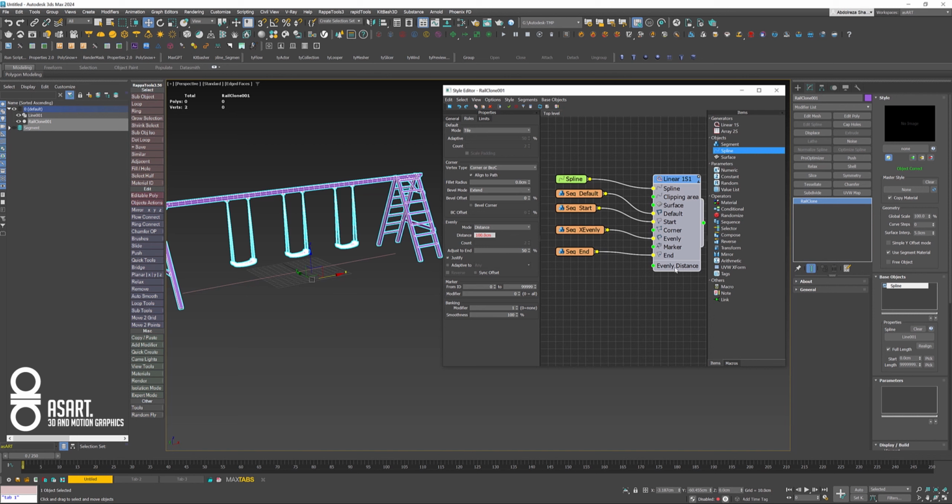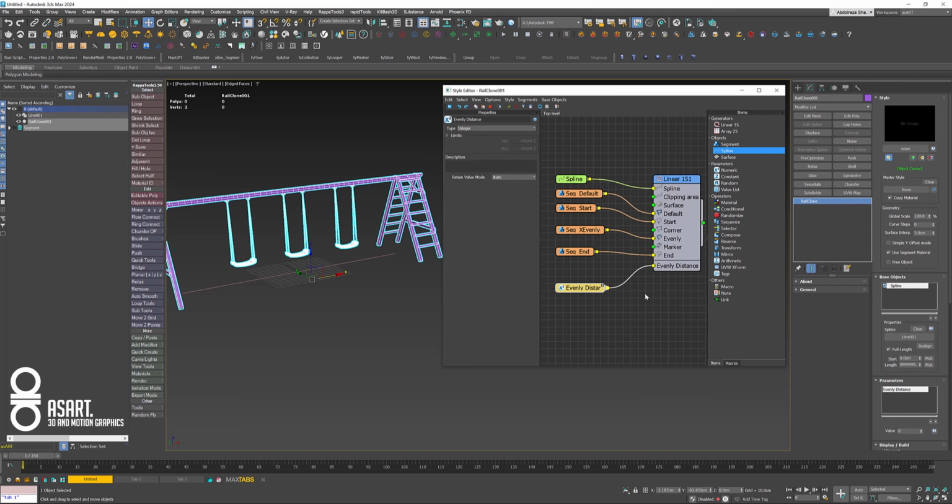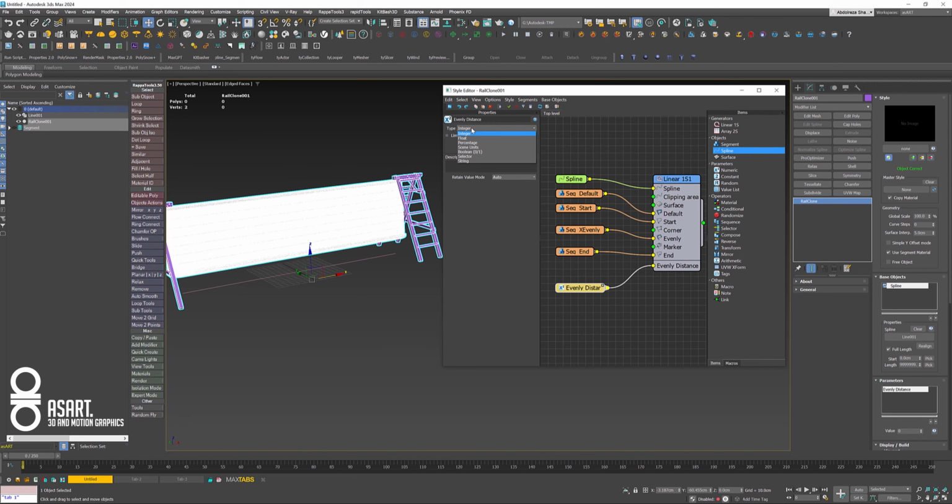That gives you an evenly distance input, and we can drag it out, go to parameters and add a numeric parameter in here. Set the type up here to scene unit, and I'm gonna set the limits to 70 centimeters minimum, so they are not going this way and, you know,